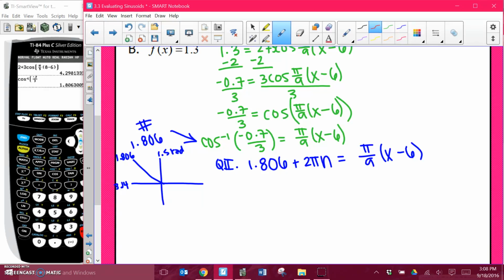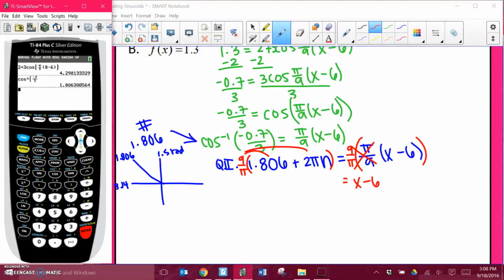Easiest way to solve this for x, I'm going to multiply by 9 over pi. Okay, if I multiply by 9 over pi, that will cancel out this part and this part, and I'm just left with x minus 6 on this side. Much nicer. Please don't forget you have to distribute here. So I'm going to take whatever this answer was, and I'm going to multiply it by 9 over pi. Okay, 9 over pi. And I get that that is about